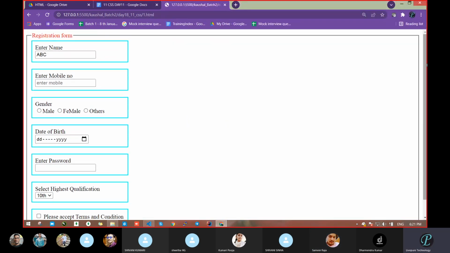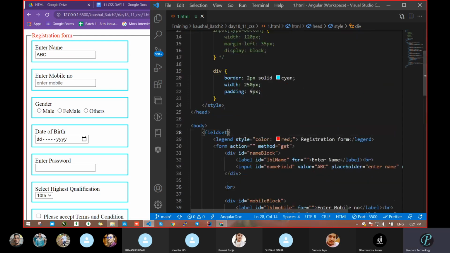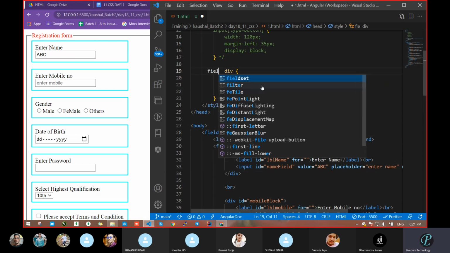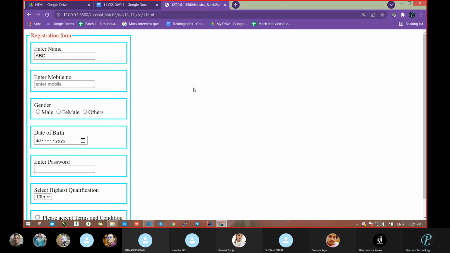Now again the demerit for the button. Okay, for the legend also the demerit. Legend is going, means this one is going. Fieldset is going across the full body. I do not want that. How can I reduce it? Go to fieldset and take a style. One second. Why not? I can take the style here itself with this fieldset and comma. Save. It came that way. Fine.